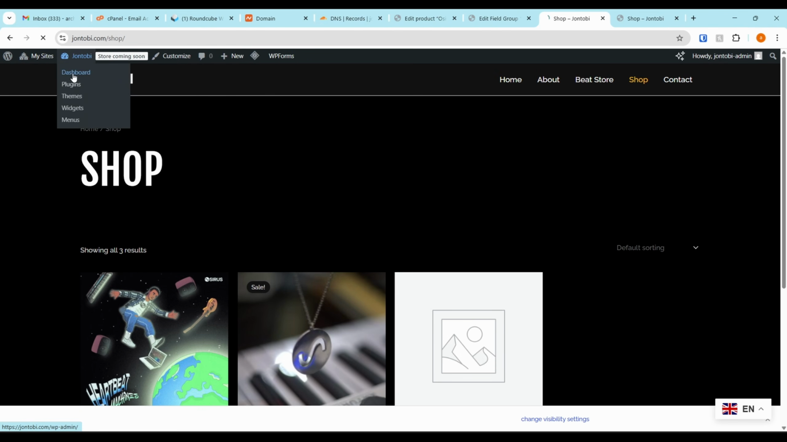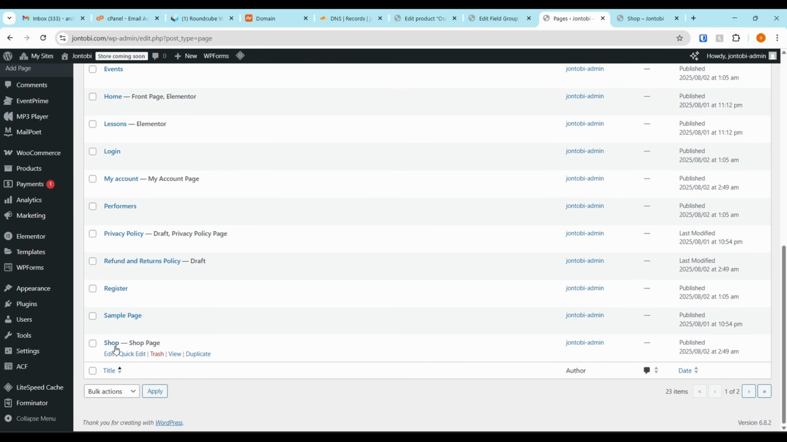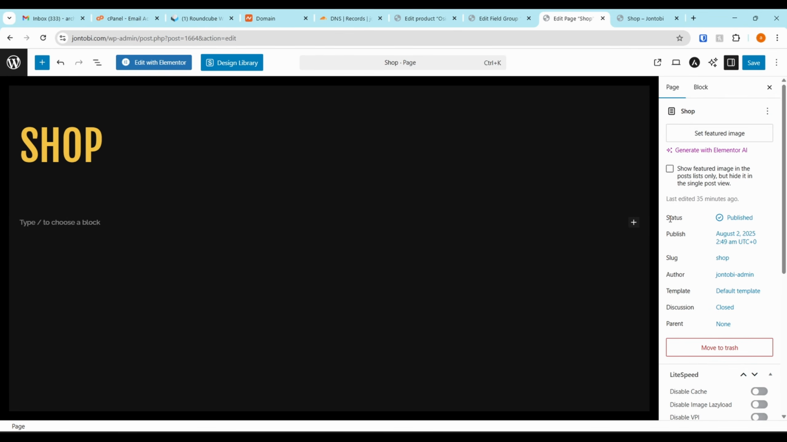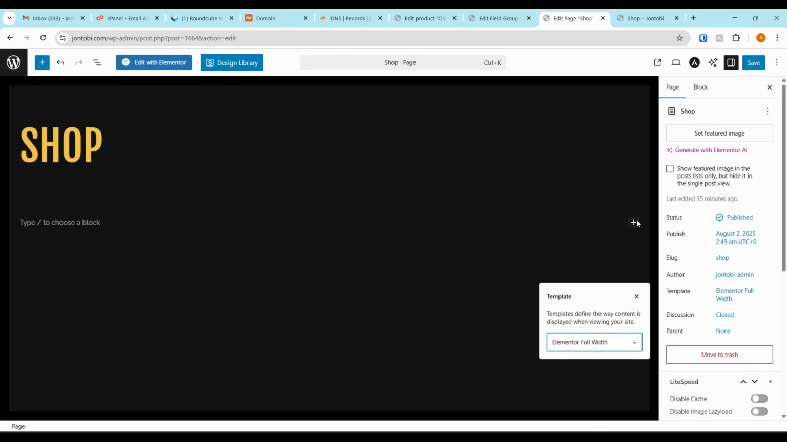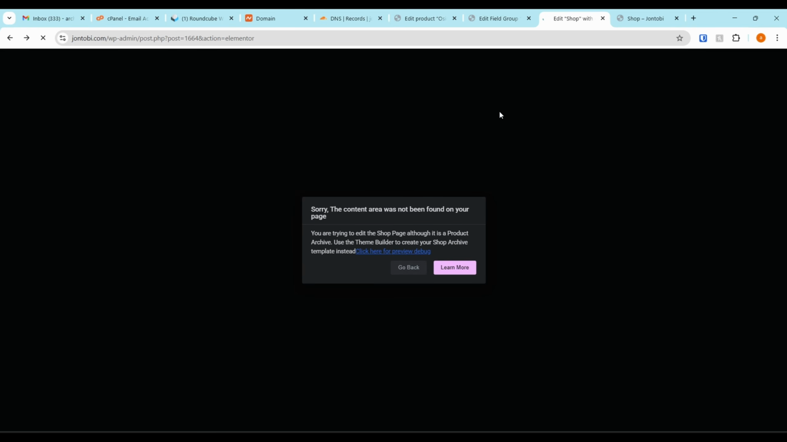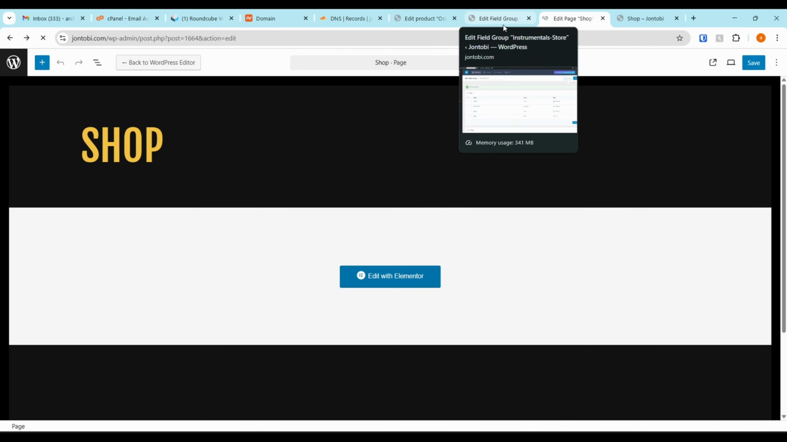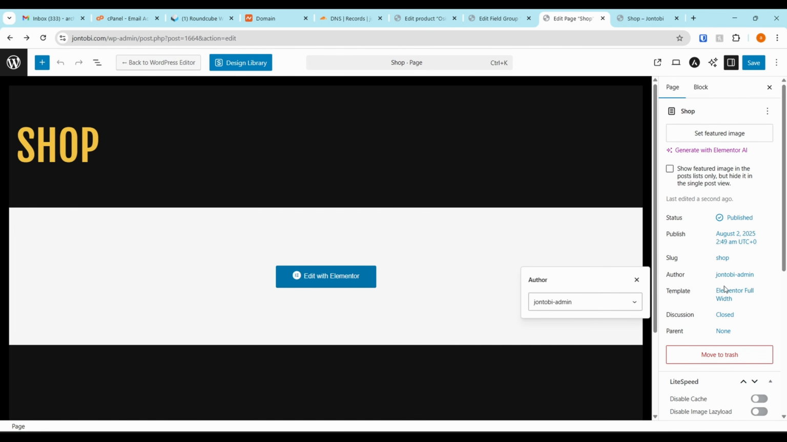Let's go to dashboard, then to pages. Then let's look for shop, and I'm going to edit this. We'll change the template type to Elementor full width, and I'll save this. Edit with Elementor. Let's go back. We need to change the default shop page for WooCommerce to be able to edit this page. Let's change this back to the default template,